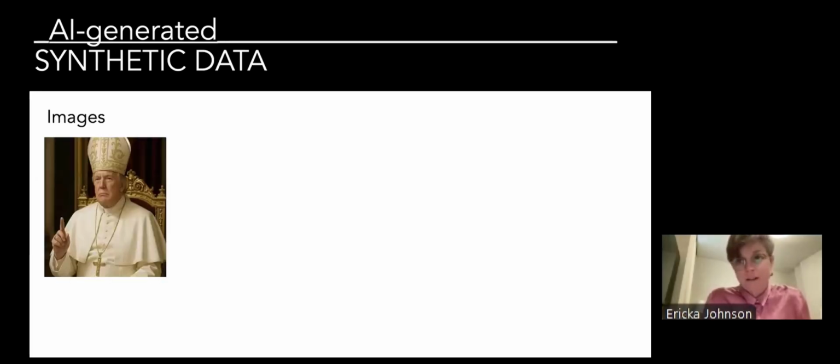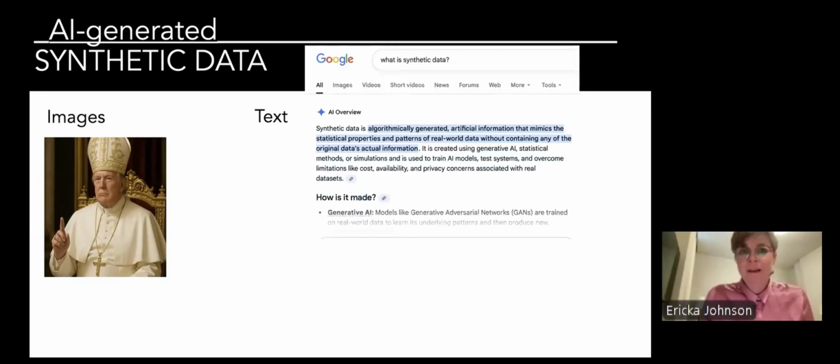So we have lots of generated images out there. These are often used for training self-driving cars, for example, when you need lots and lots of images to train the cars and different robots on, or, if you want to make a political statement, also synthetic data. We have text style synthetic data. So everything that you're getting out of ChatGPT or other types of AIs that we call large language models, that's also synthetic data. And people might push back a little on that. We can have a conversation there too if you want, but it's synthetically generated data.